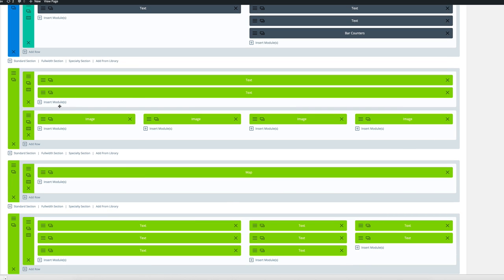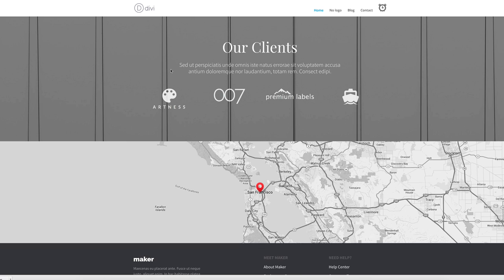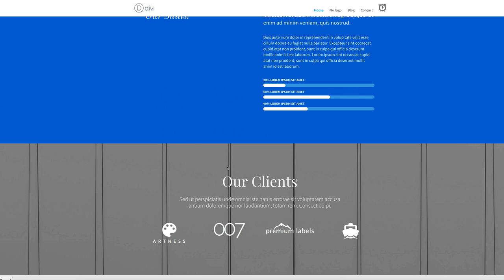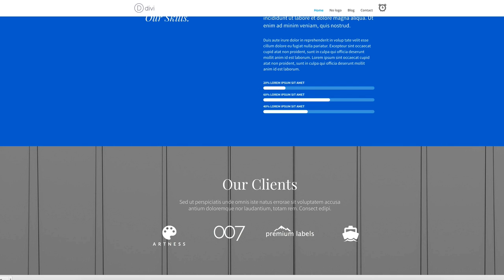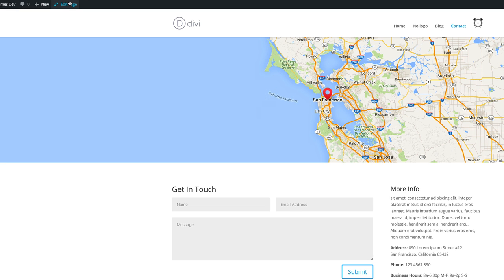Now you can see the color has changed. So we can actually use this throughout the whole website with all its elements. Let's give that a try. Okay, so it's this section here. What I'm going to do is go to the contact page and add it onto there. So I'll click on edit,